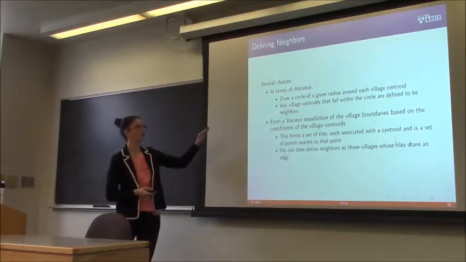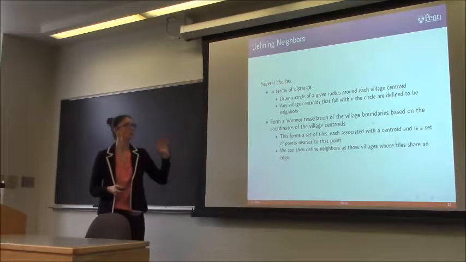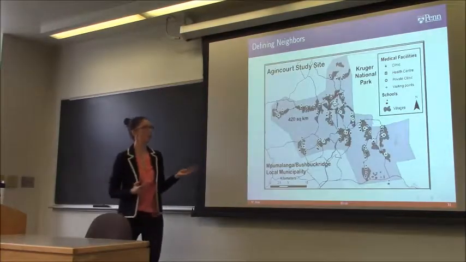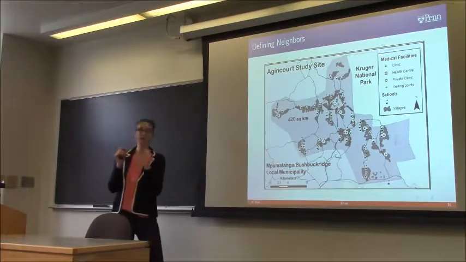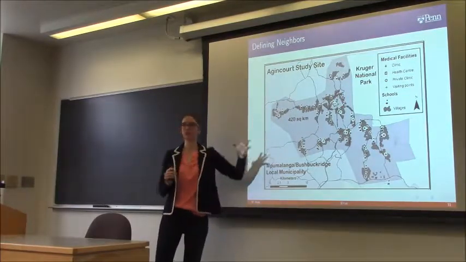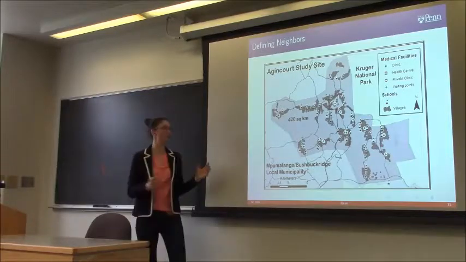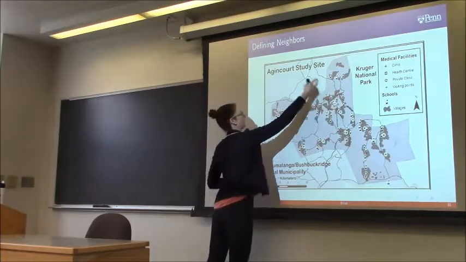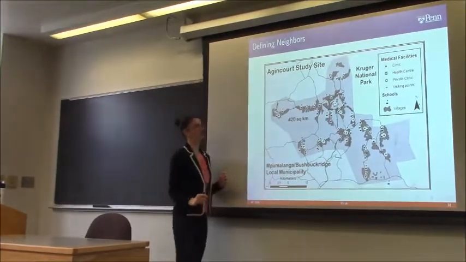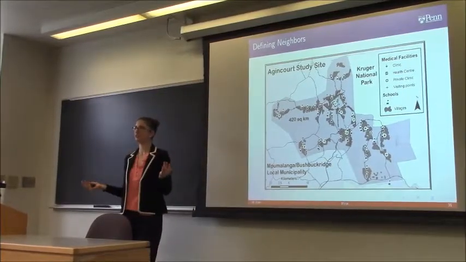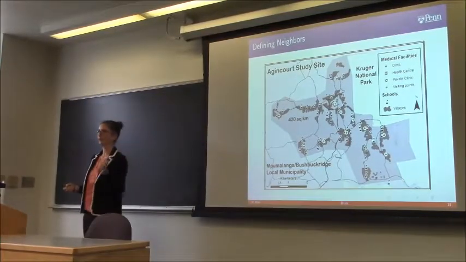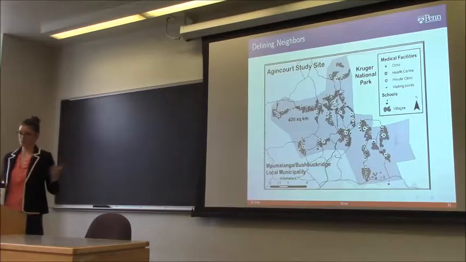So what I'm suggesting here is based on drawing circles. What that means is that you take the centroid of every village and you draw a circle of some specified radius around the village. So we'll take this one, we'll draw a big circle of say 50 kilometers. Any village that falls in that circle is a neighbor. Woohoo, we're done. Okay, so that's one way.